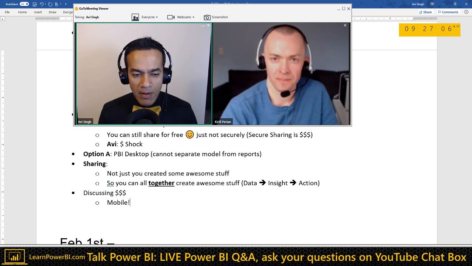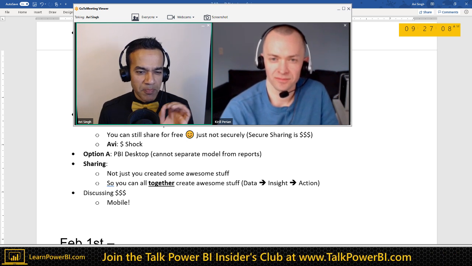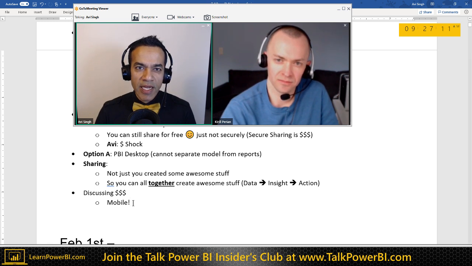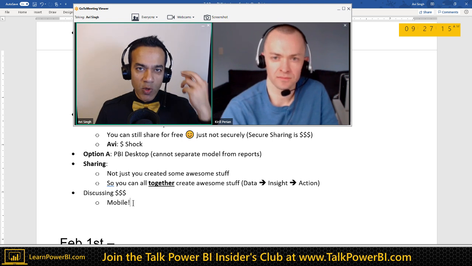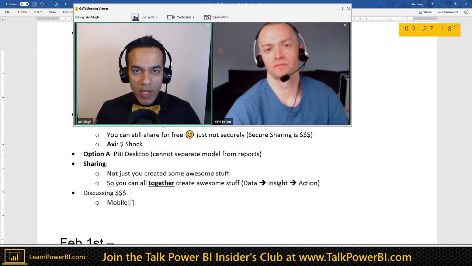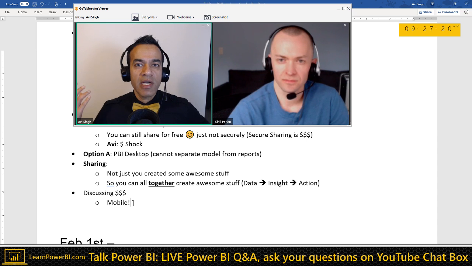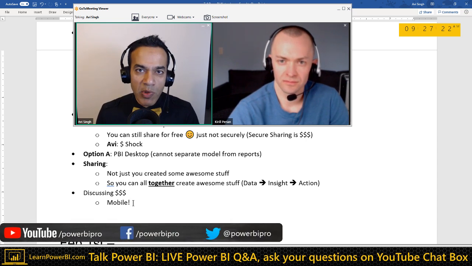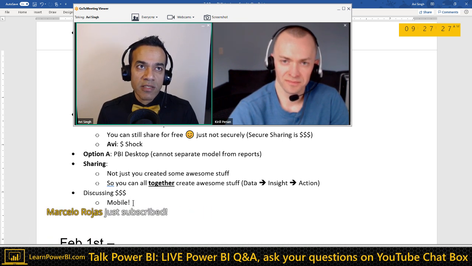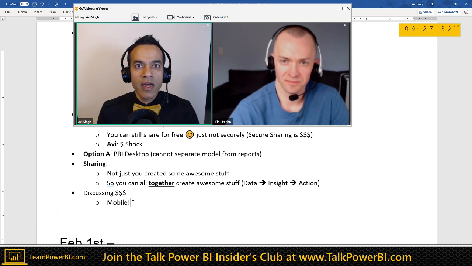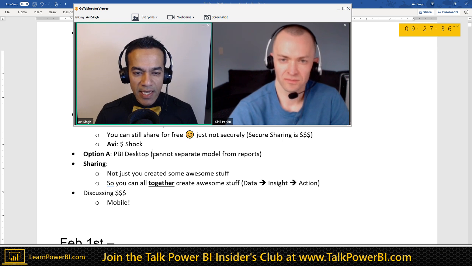I have to admit, this part, separating the model from the reports, is often not apparent to the person unless they've experienced it. Right. So the people who get it right away are those who come to me and say, Avi, man, I have this 50 meg file, and users are starting to complain that it takes too long to load. And then I say, oh, have you thought about this? Just publish it online, and then you have a separate report. And then they get it. If they're starting out in Power BI and I start saying things like this, cannot separate model from reports, they